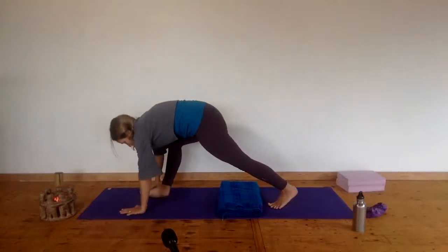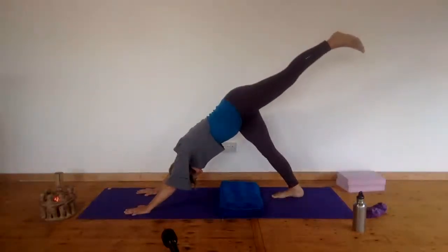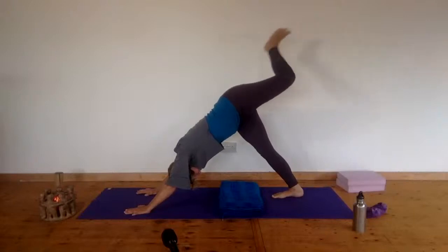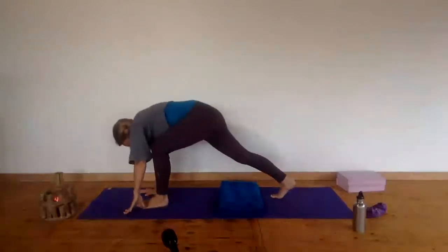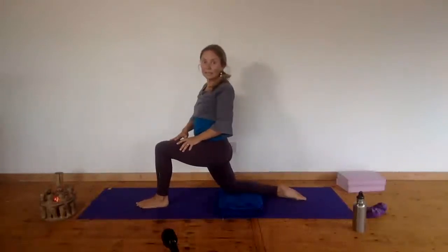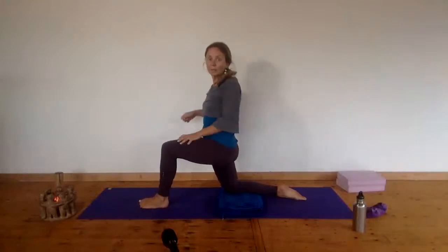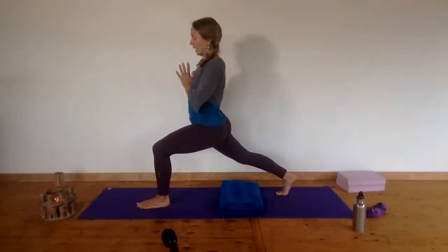So we're going to go on to the other side. So bringing yourself back into downward dog, lifting up the left leg. Open up the knee so that you're opening up the hip and the knee is pointing towards the side of the room and the heel is back towards the buttocks. And then bringing your leg forward, you're either coming down here like this, or you're going to come up into the full lunge. So bringing the hands to the heart center,